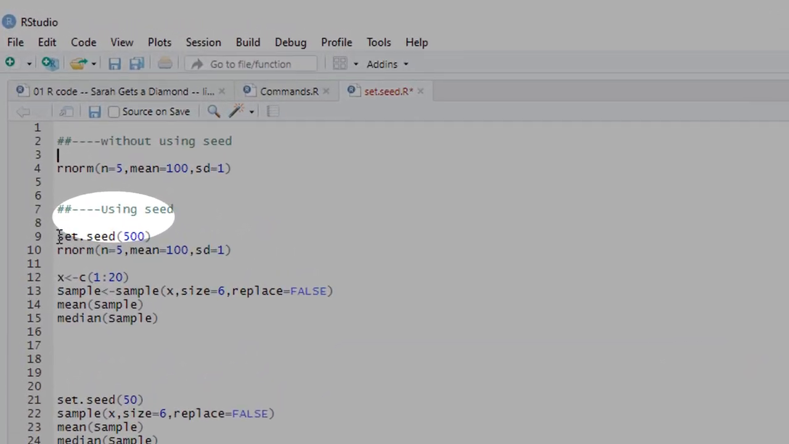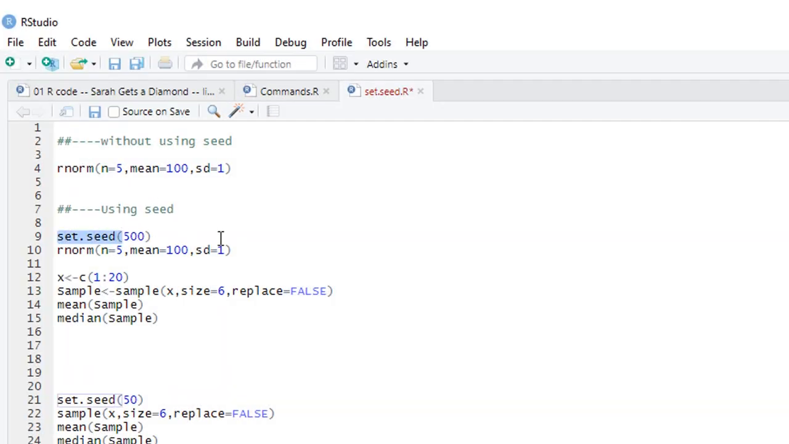This video is about the set.seed function in RStudio, which is most probably used prior to performing simulation, generating random data from any specific distribution, or drawing a sample of any specific size, with replacement or without replacement, from a dataset. Here I want to show you what the results are if we do not use the set.seed function